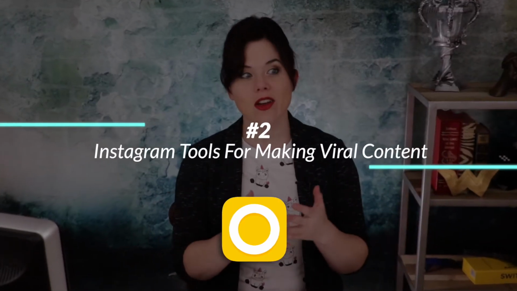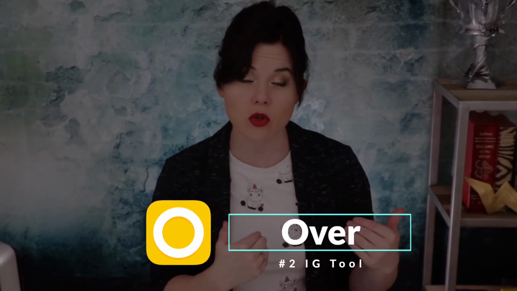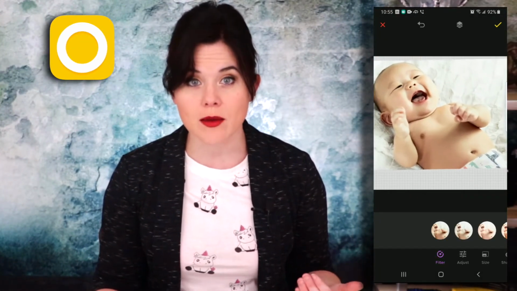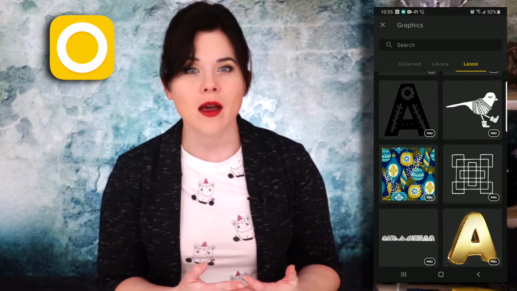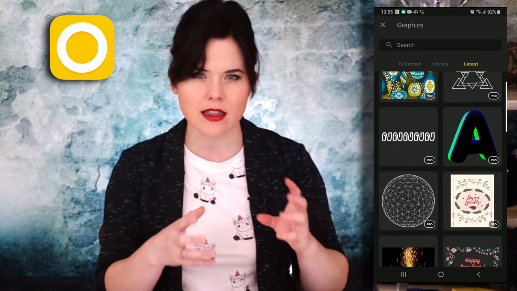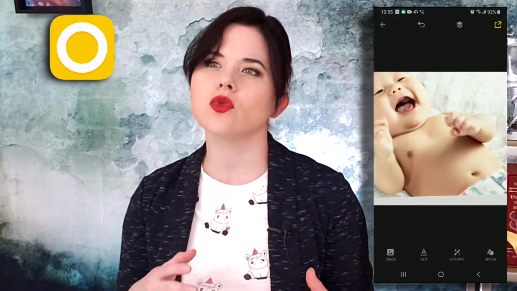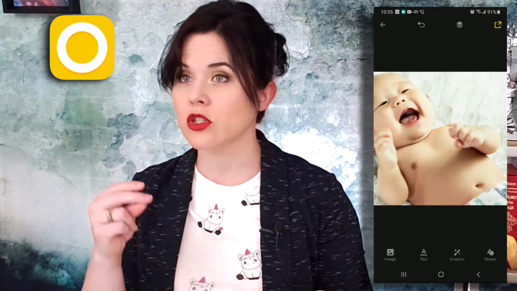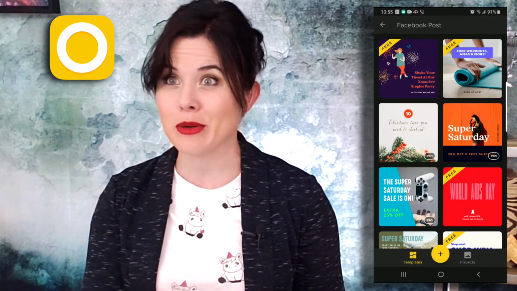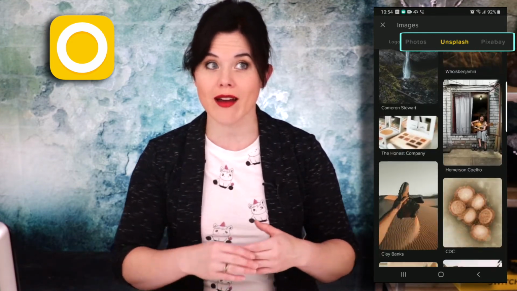And then number 2 is called Over. And Over is a great tool for making your graphics. It has photos, like stock photos you can pull from. It has some beautiful templates and some pretty creative templates within it. And you can also just pull in your own images. It is very similar to Canva, but I found it can have some more creative spins on their templates with some different layering and just some things that they do to make it more visually appealing. The unique benefit, I'd say, with Over is that it allows you to store your logo and pop it onto your images super fast. I think that's really helpful if you're building a brand and you want to throw your logo on the bottom of your images.